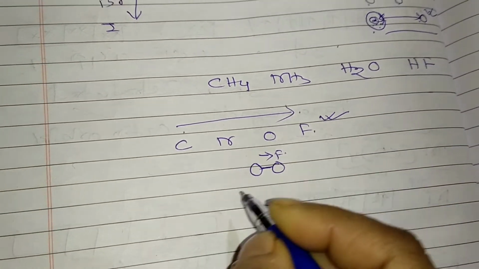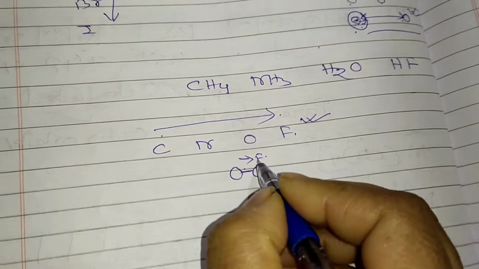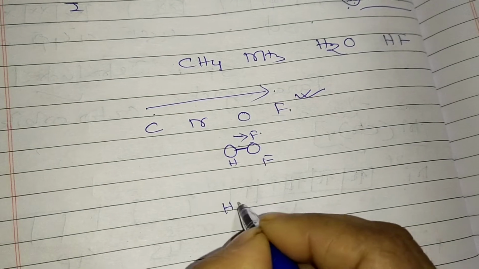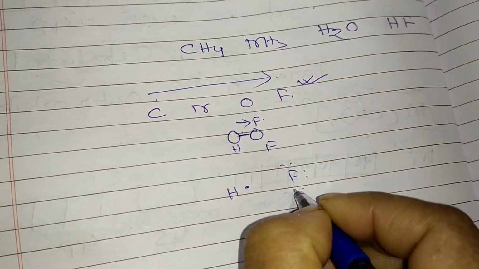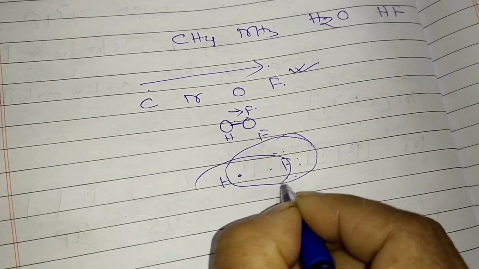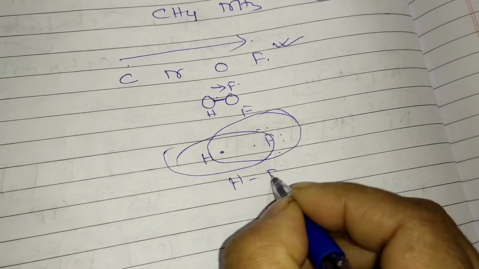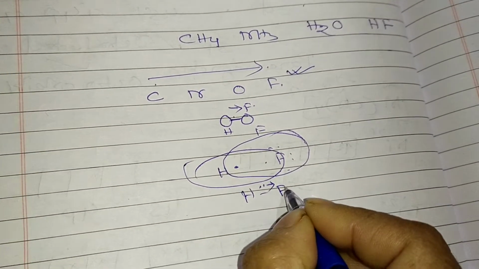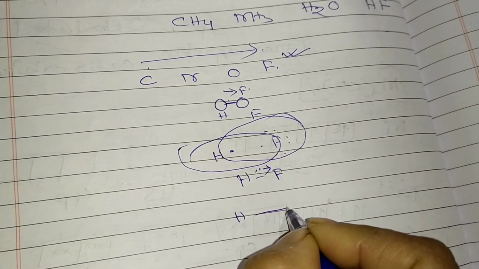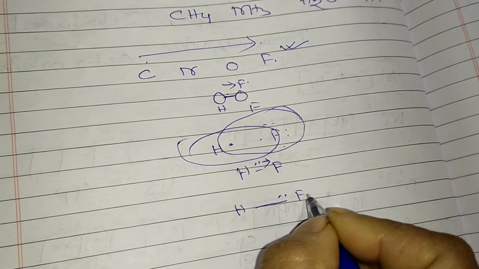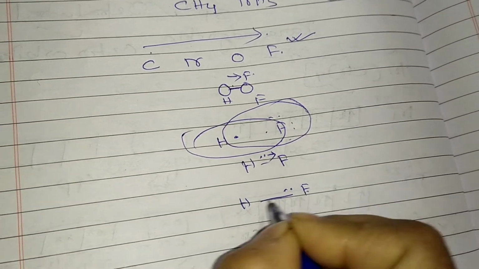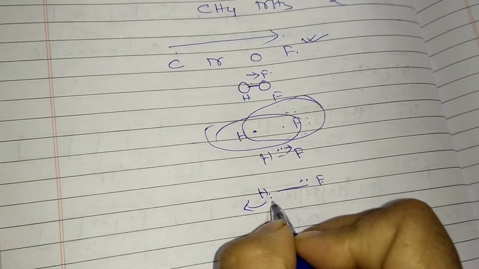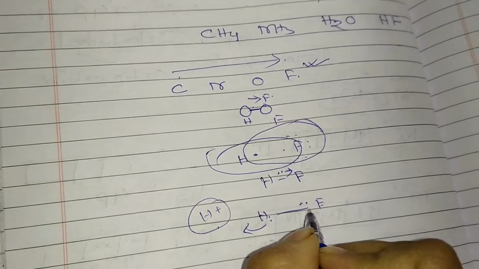When hydrogen and fluorine are forming the bond, hydrogen has one electron and fluorine has seven. In the covalent bond, hydrogen is sharing one pair of electrons with the fluorine. So this pair of electrons will be attracted strongly by fluorine towards it. So the electrons will actually be staying near the fluorine. This hydrogen can easily release, because electrons are attracted by fluorine, so hydrogen can easily release as H+. That is the acid strength.